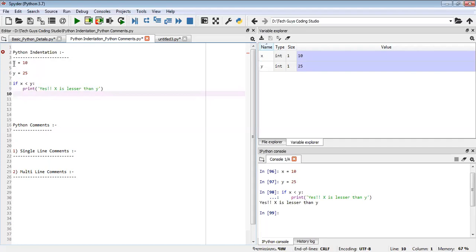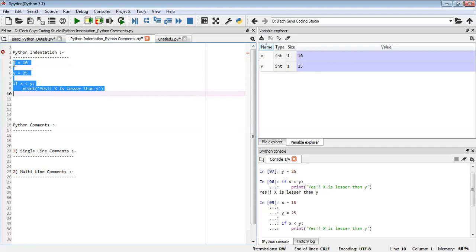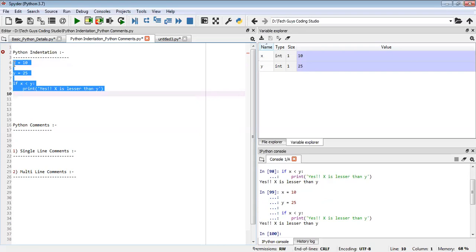One more thing: the main advantage of Spyder is that we can execute line by line. For example, if we have a program of 20 lines, we can execute code by code. If you have understood half the logic, you write five lines and perform some operations, so you get an idea that this is working fine. Then you go to the next stage. And once I have written the condition, I can select all the code and press Shift+Enter, and the code will be executed: Yes, x is less than y.